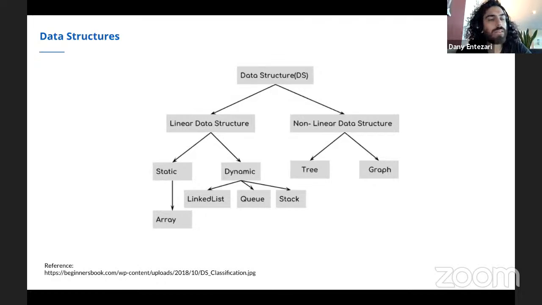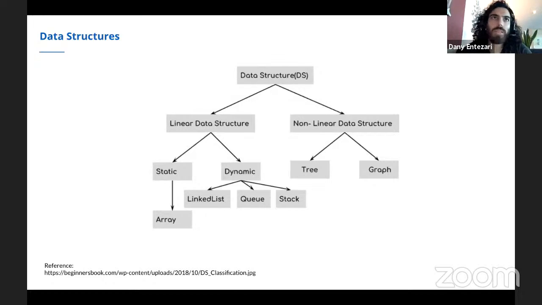And I said there are fundamentally two categories: the linear kind and the nonlinear kind. You should know all of them, by the way, but which data structure you should choose will depend on your needs.